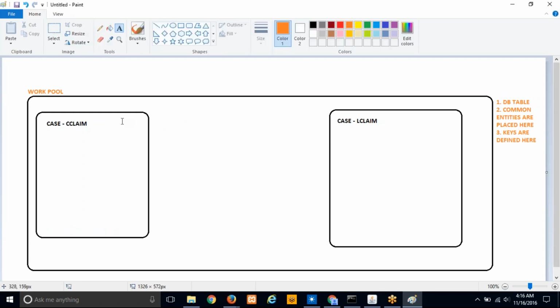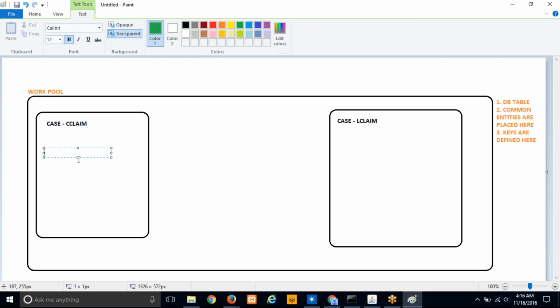Okay, now that's a quick thing about work pools. Now let's go back to our data modeling. Here what you need to understand is, suppose in the C_Claim we have, for example, assuming this scenario, we have to create a property here, property 1, like, say for example, information about customer. So customer information. We may name the customer first name, then last name, mail ID, mobile number, okay,